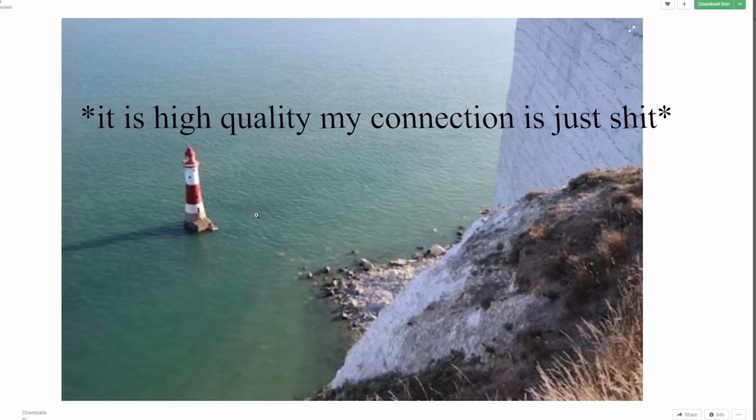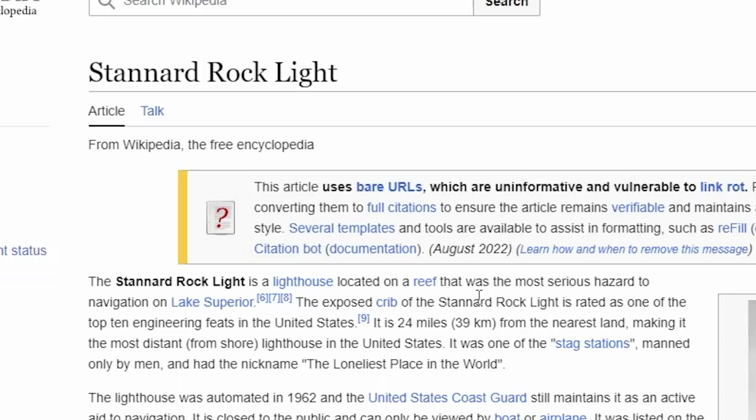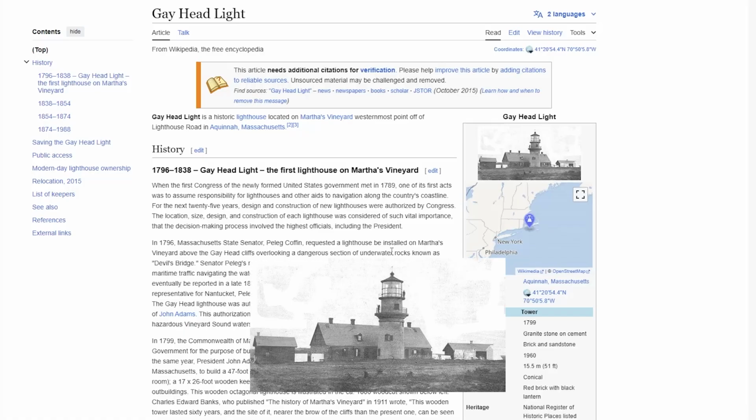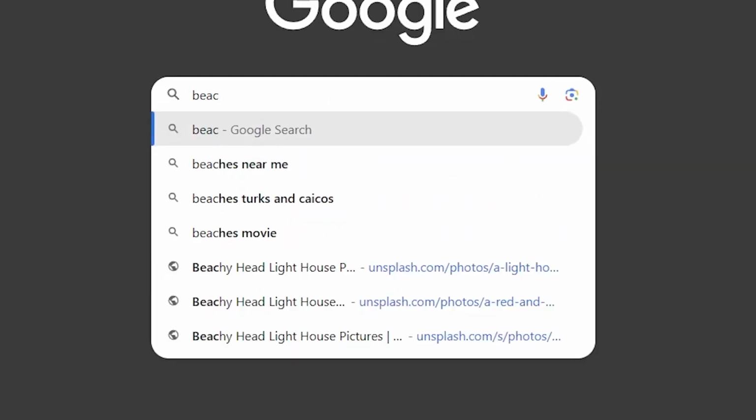It's basically a place where photographers upload very high quality images that you can download for free and use as reference. I found many lighthouses, some of them lonely, some of them very interesting, and then finally I came across